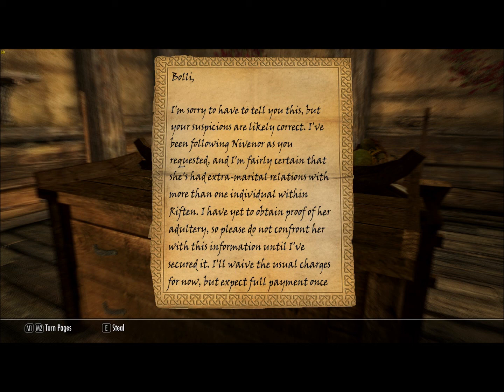Boley, I'm sorry to have to tell you this, but your suspicions are likely correct. I've been following Nivenor as you requested, and I'm fairly certain that she's had extramarital relations with more than one individual within Riften. I have yet to obtain proof of her adultery, so please do not confront her with this information until I've secured it. I'll waive the usual charges for now, but expect full payment once...